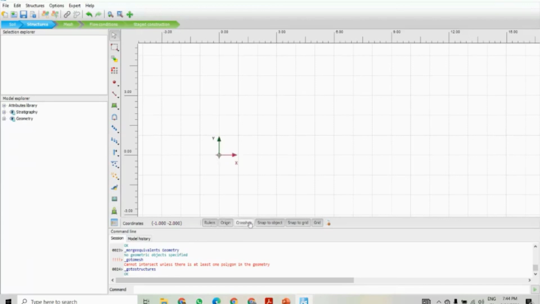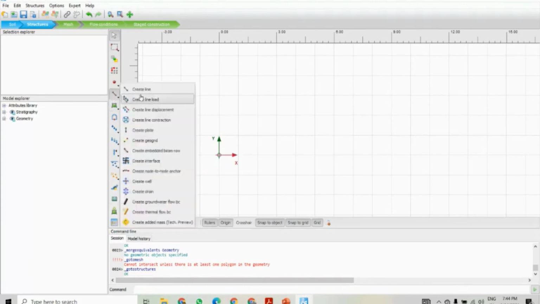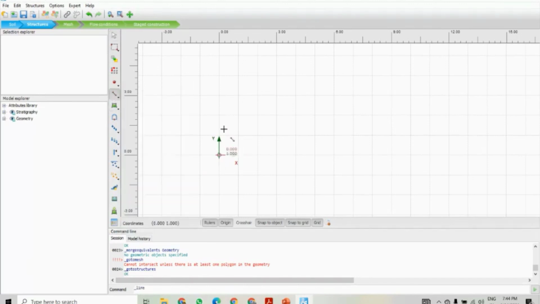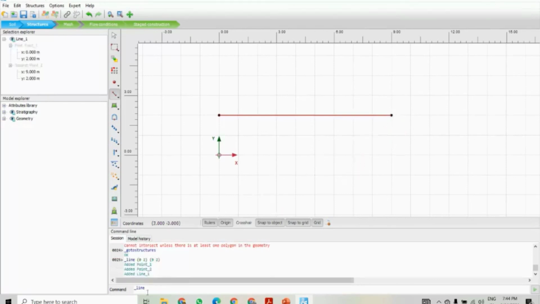Origin, we can check from here. Snap to object, snap to grid, and this is the grid. Once you use this, it will become familiar for you. The command line is here. So if I provide the line command, either we can start from here to here, or we can also provide it here.